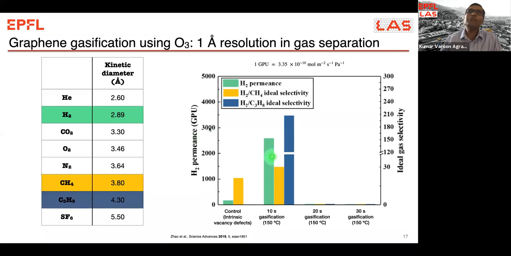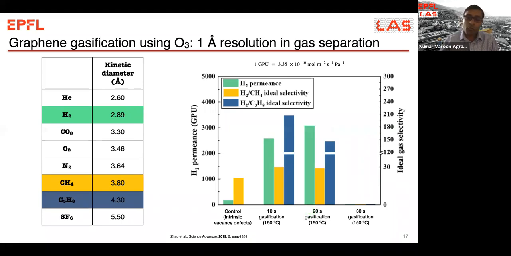So what happens is you start with a density of defects of about 10 to the power 10 per centimeter square, and you go to a density an order of magnitude higher. So it supports our hypothesis that you have a lot of nucleation events, but not so many expansion events. And this is also proven by the fact that we still maintain the selectivity. Before we could not detect propane, but now the selectivity of hydrogen over propane is around 200, right? So this is now competing with some of the more crystalline materials like MOFs and zeolites, from which you expect a selectivity of 200, right?